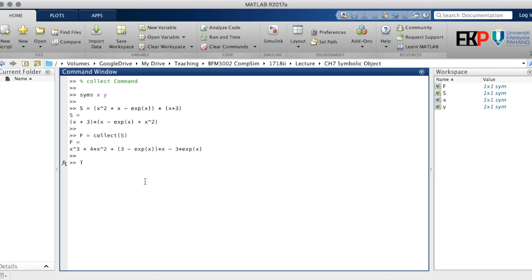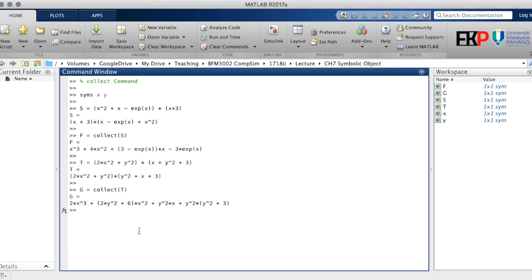Say we have expression t is equal to 2 times x to the power of 2 plus y to the power of 2 and times x plus y to the power of 2 plus 3. So this is our expression that we have entered up here. And if we define a variable, let's say g equal to collect of the expression t,